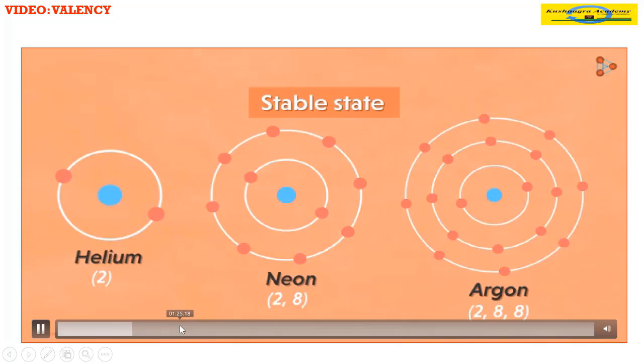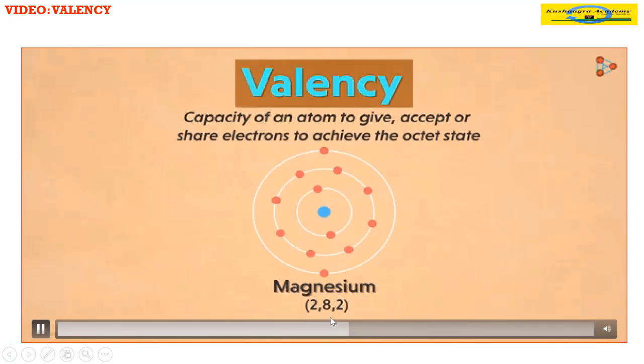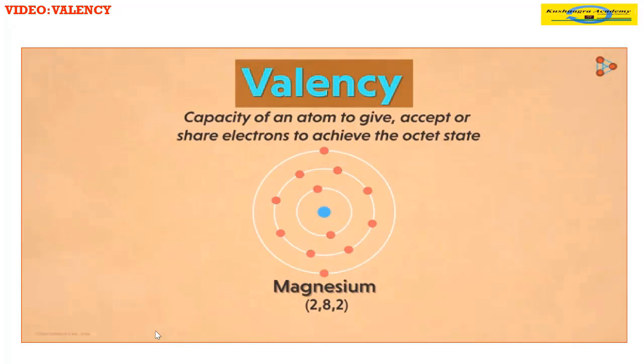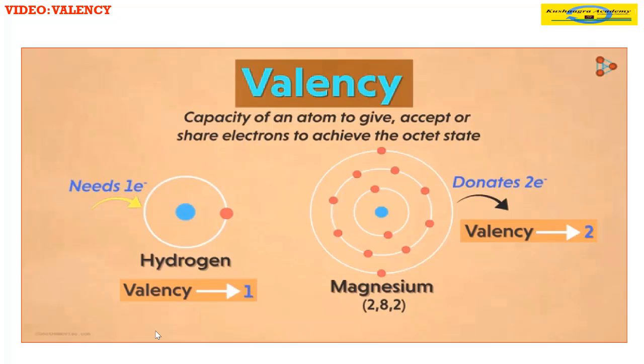But what about atoms which do not have this octet? Then how will magnesium complete its octet? This is where the concept of donating electrons comes into the picture. If gaining 6 electrons is difficult, then can it think of donating 2 electrons? Yes, absolutely. If magnesium gives away 2 electrons from its outermost shell, then we say that the valency of magnesium is 2. That means it's not only about how many electrons can be taken, but also about how many electrons can be given by the atom. That is how we calculate the valencies of various elements.